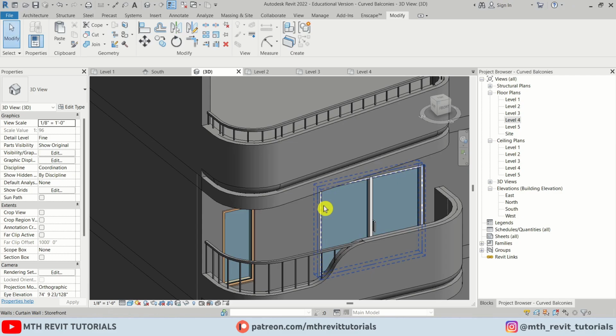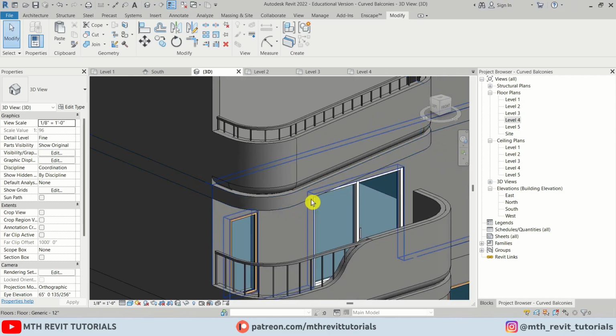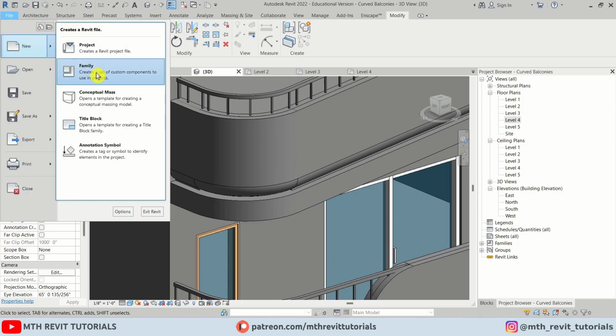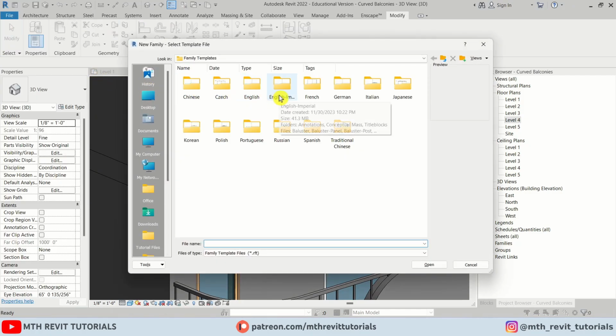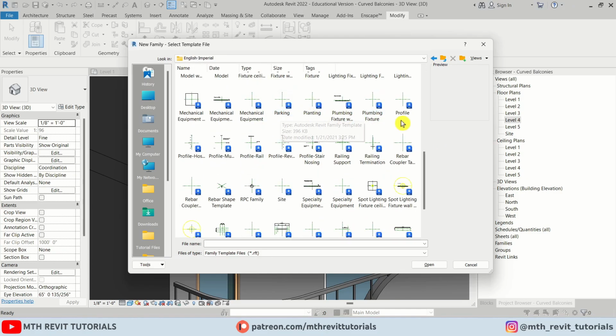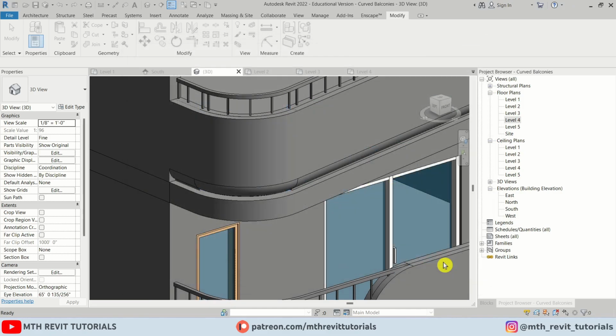Now we only need to create the slab edge here. So for that we need to create a new profile. Let's go to file, new, family. Here I'm going to go to English Imperial. If you are working in metric units, you can go to English folder here. We'll go to English Imperial, and let's look for profile family. Open this up,